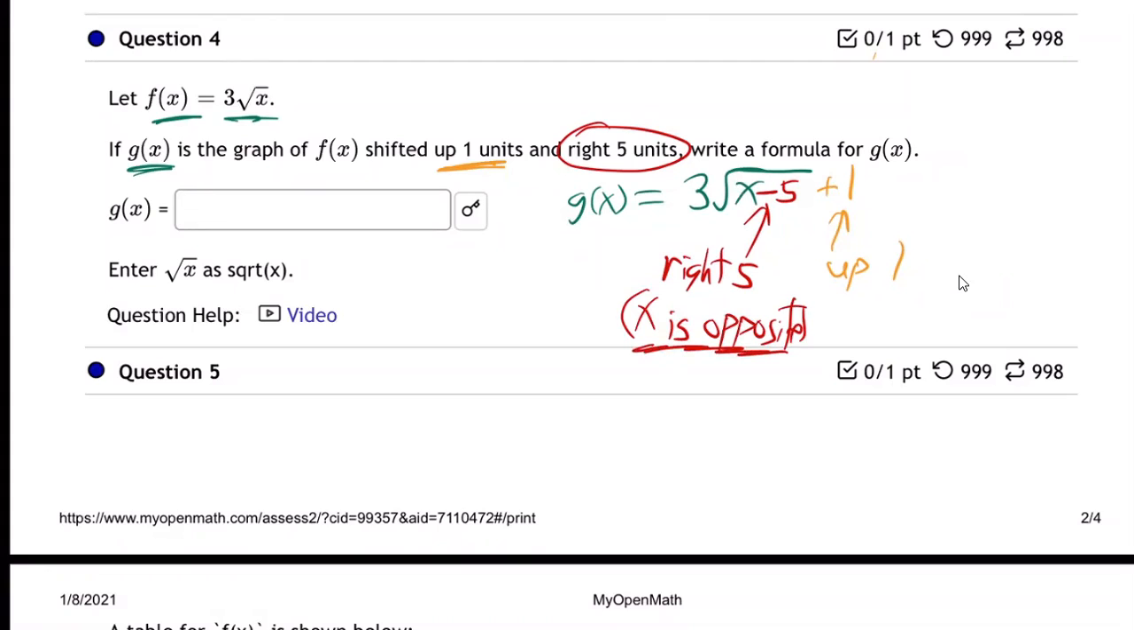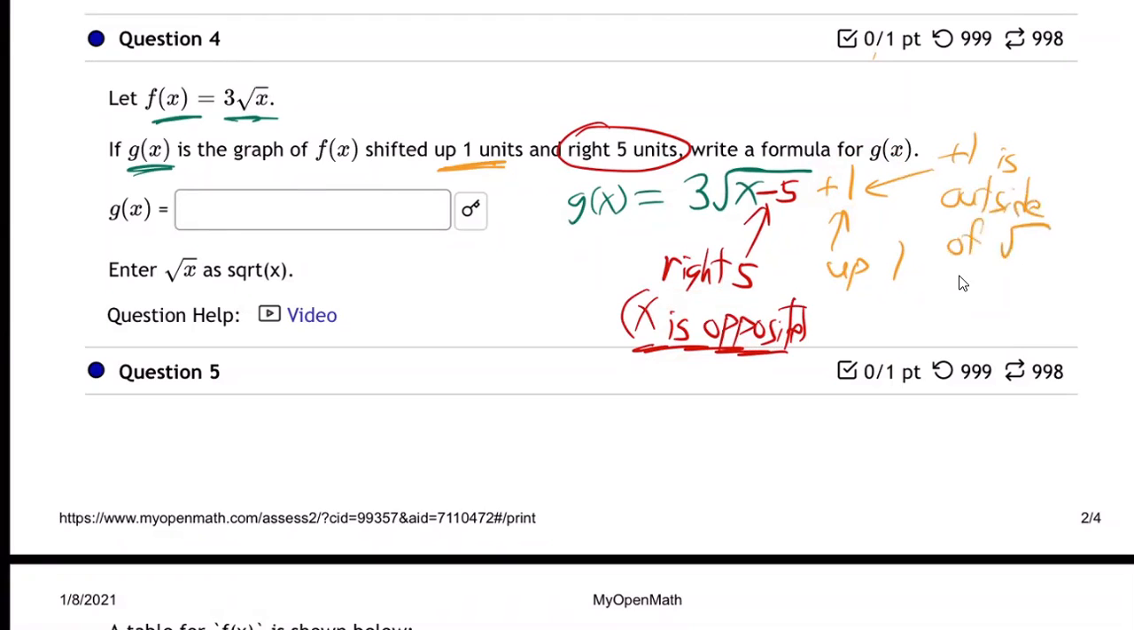So this time we're not using parentheses, but we still have a grouping symbol, the square root, which marks out x's little world. And we're saying right there in x's little world, x is always opposite, so that's going to make it go right 5. And then outside, it's very important that this is outside of the square root. Let me write that. Plus 1